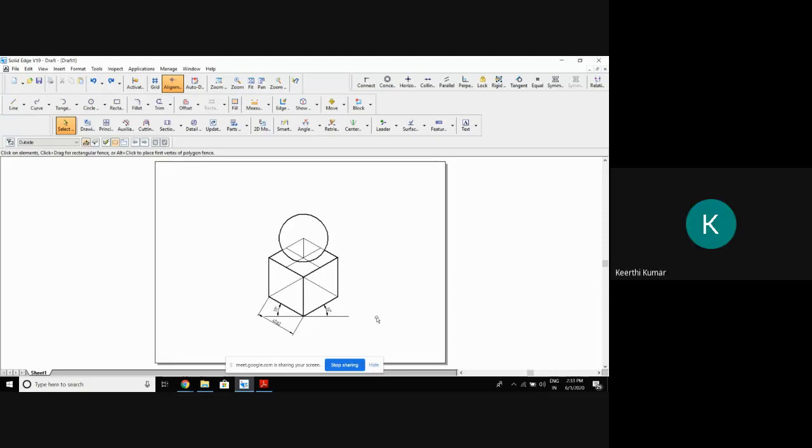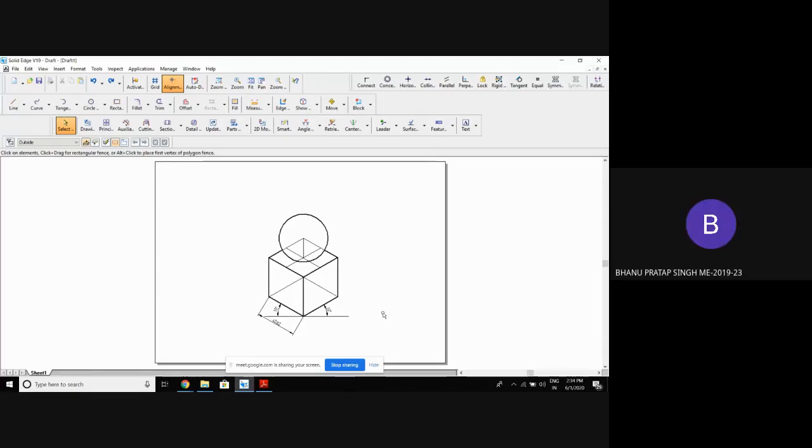So this completes the first problem. Like this, the isometric chapter is very, very simple for you. To draw the isometric chapter is very simple and you can easily score. But the only thing you should understand is how to draw the center. Here, I drew the cross mark, no? How to draw the center and what all the things should be visible. Because from the beginning to the end, you will draw with a thin line. Later on, you will make it thick. So understand which line should be thick and which should be thin.